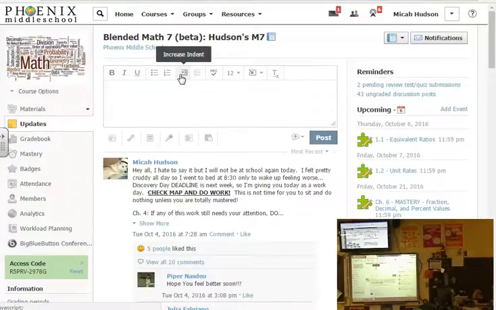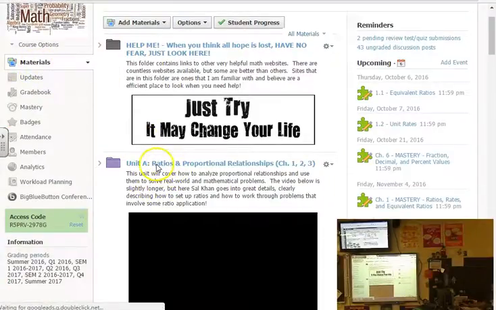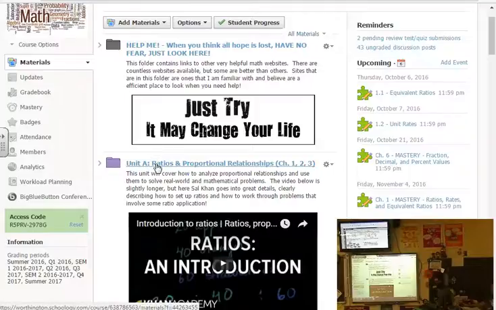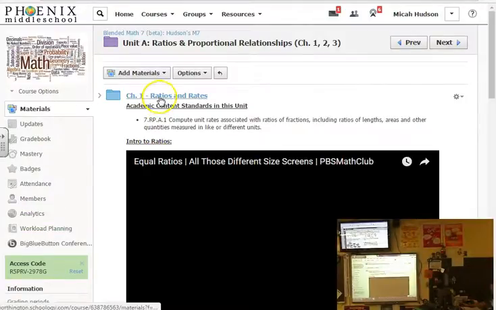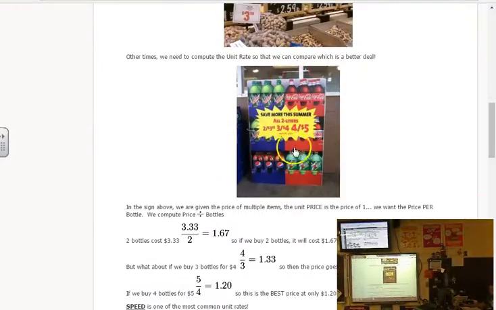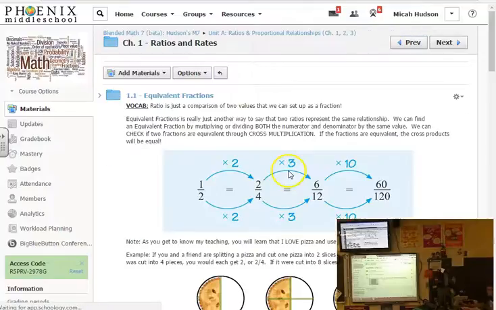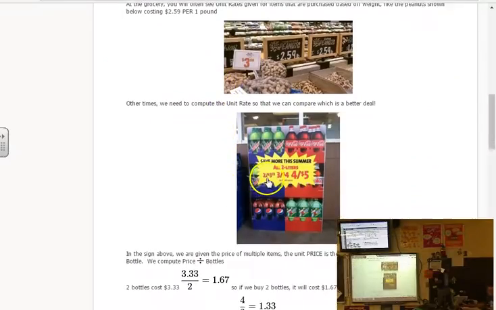Yeah, the 2 liters. I'm telling you, go to the store and look at these things. In our Chapter 1 folder, I just wanted to show you guys so you can check it out. In Unit A, in Chapter 1, I've got pictures of different unit rates. And this is really interesting because this was from a gas station. So, crap, it's going to take me into the folder. If you look at that folder, at that picture, it says you can get 2 bottles for $3.33,